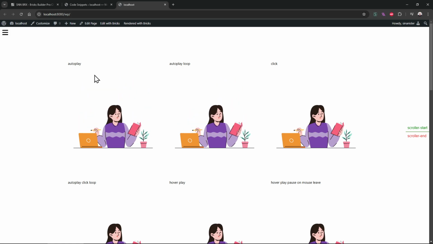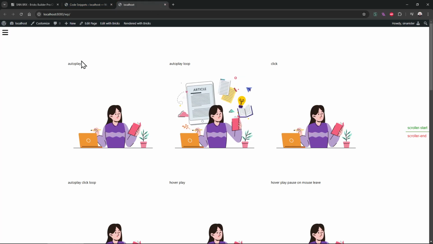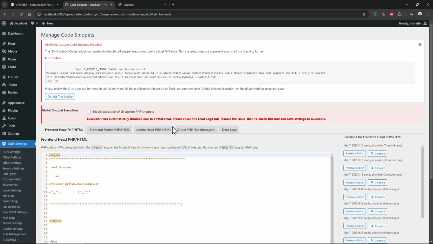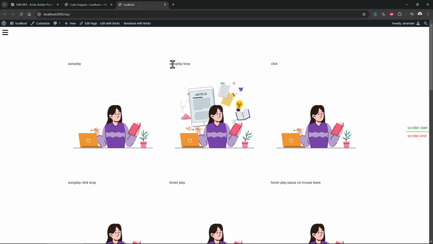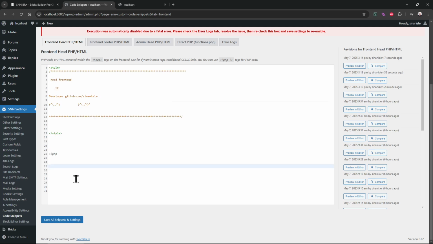Okay, it is just a temporary one-time error. So it logs that error, and after that, it just disables the snippets. Okay, it just disables it, and the website just works. Of course, your snippets will be disabled, but it is much better than having a crashed website, isn't it? So yeah, there are tons of